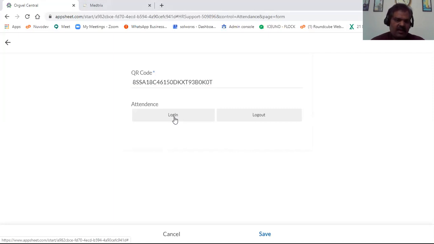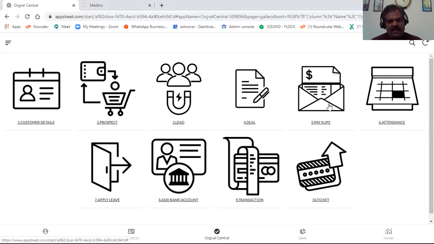So once I enter the QR code, literally you can scan it with your device. Here I'm just entering the QR code as text input, and then it can record the login time or logout time. You just need to specify whether you're logging in for the job or logging out for the job. That's it. The date, time, location, everything will be captured by the application itself, giving the reference of where the person was accessing the data or how it has been done.